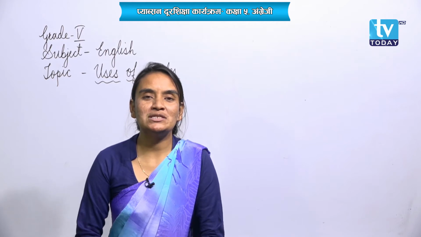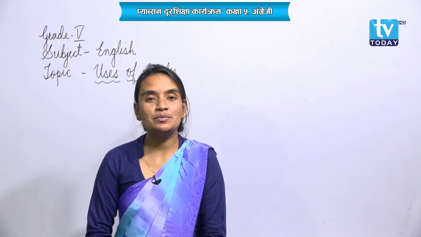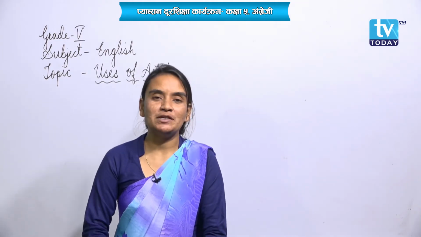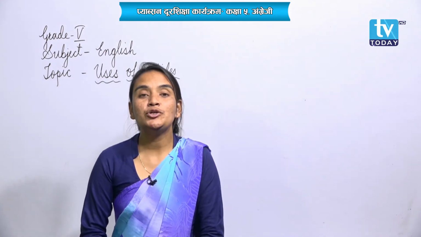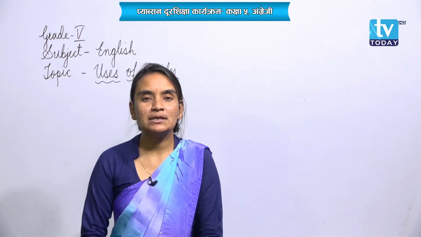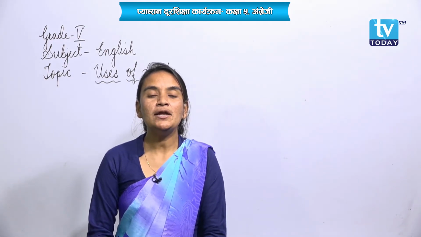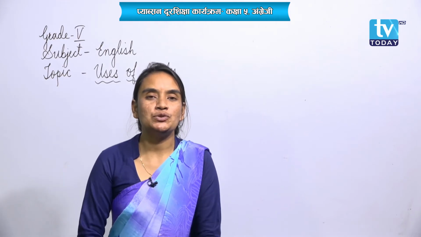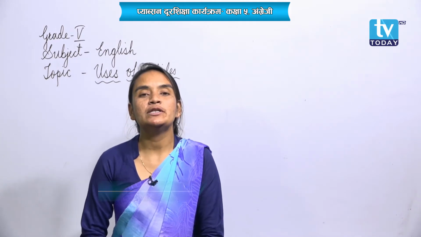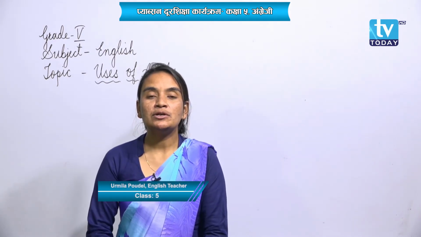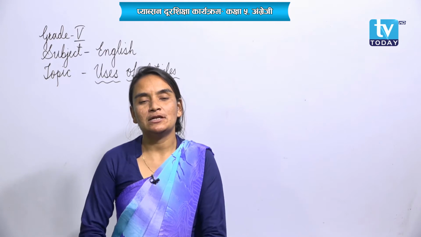It is especially used in front of nouns, somewhere to show a definite description, somewhere to show an indefinite description. Somewhere articles a and an are used for counting numbers, in the sense of the number of naming words. And somewhere we use the for plurals too. So they are used for varieties, for variations. Now today we are going to explore the different uses of articles.